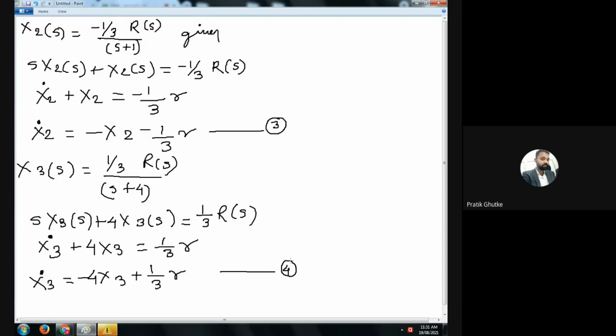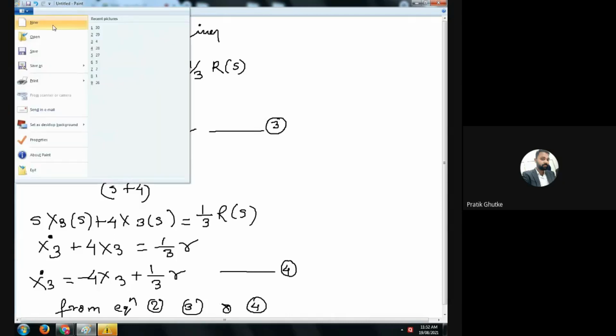So you know that state equation means x dot equals to ax plus bu. This is your input equation. So for rewriting it into canonical state model, I should know that x1 dot, x2 dot, and then x3 dot. And what is your output equation? Output equation is nothing but y equals to cx. So from equation 2, 3, and 4, have you understood up to here? Moving forward.